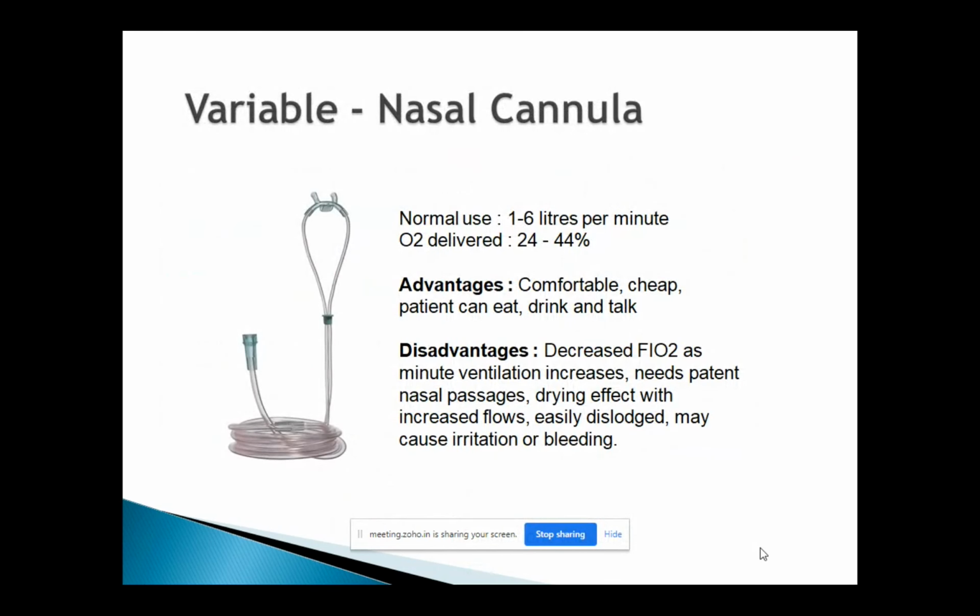Let's go back to this and talk about what common problems happen here. Again, this particular presentation is aimed at adult patients. So we are not talking about pediatrics here, because their lung compliance and lung capacity are completely different. So whatever I'm talking about is suitable for adult patients only.